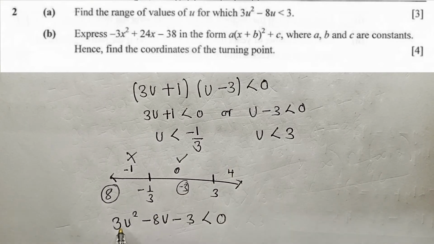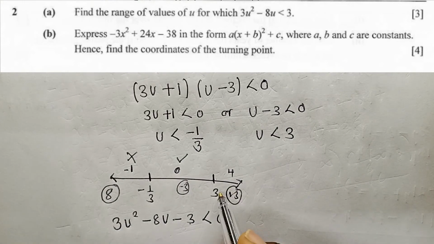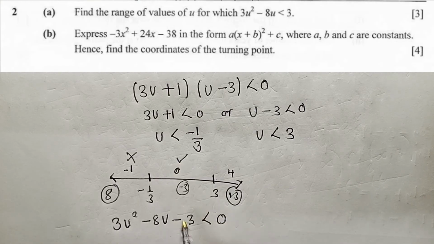We can also try 4. We put 4 here. So we shall have 3 open bracket, 4 power 2 minus 8 open, 4 minus 3. We're getting a 13. And 13 is not less than 0 here. So the solution will be